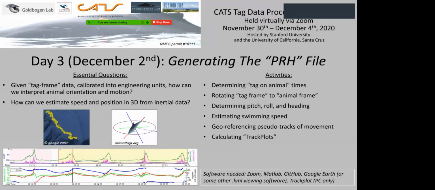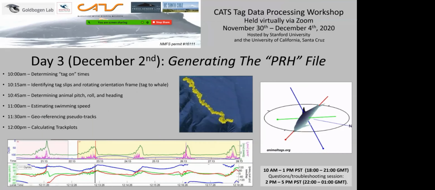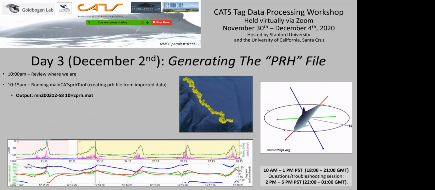We have a lot of specifics laid out today about what exactly we're going to be looking for. But in the end, we don't really have to worry too much about all these specifics, because what we're doing is we're going to start with reviewing where we're at, and then we're going to be running the main CATS PRH tool, and that's what we're going to be working on for the rest of the day. We're going to use the data files that we've created so far from the raw data, and we're going to output this PRH file, which is the workhorse file